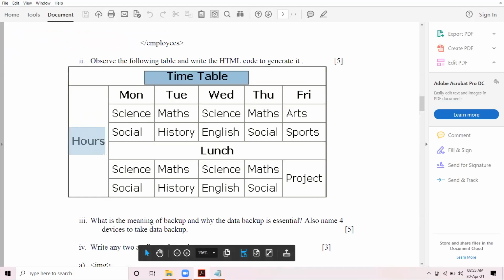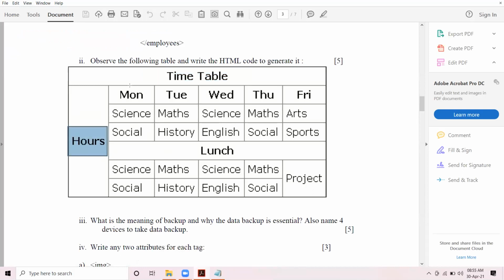Hours. First cell of the row immediately after the header row. This hours and these shaded cells, this is the row immediately after the header row. Hours, Monday, Tuesday, Wednesday, Thursday, Friday.